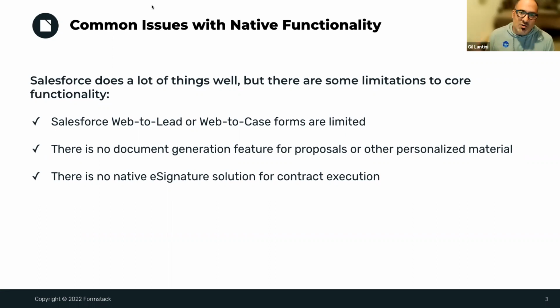So now we've sent out contracts or documents, but we don't have a native way to capture a signature in Salesforce. So again, what we'll be talking about today is really how do we address these 3 challenges, and how do we address them with one solution rather than needing potentially 3 separate solutions. And that's